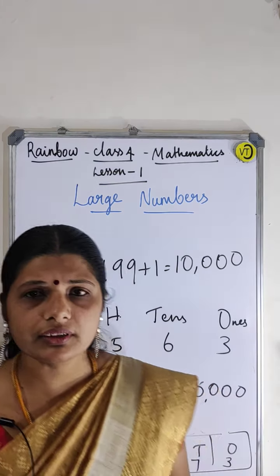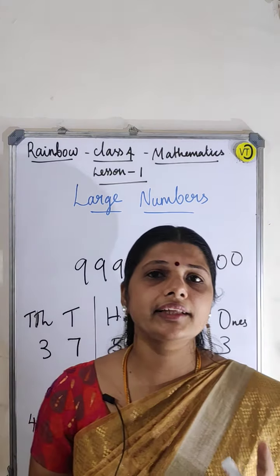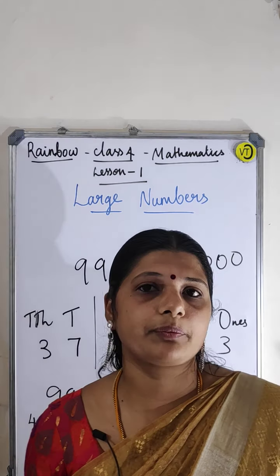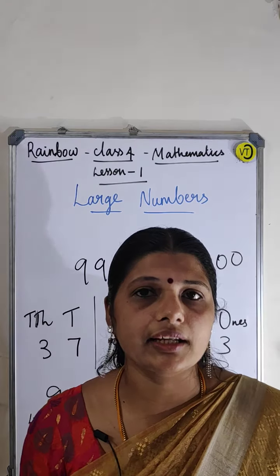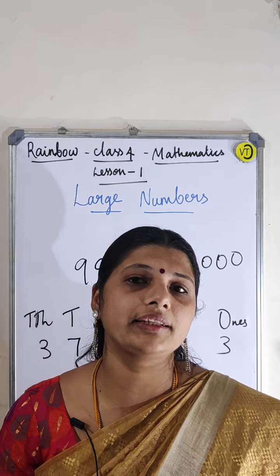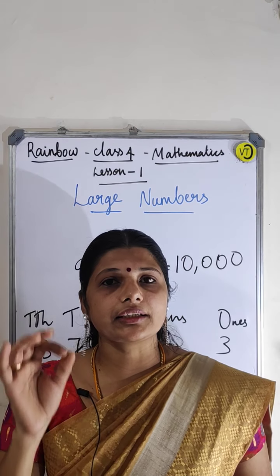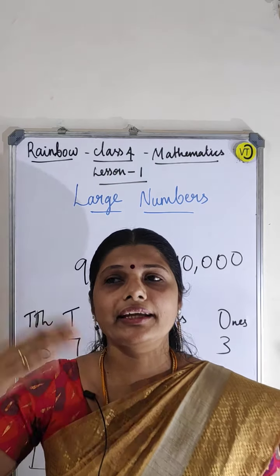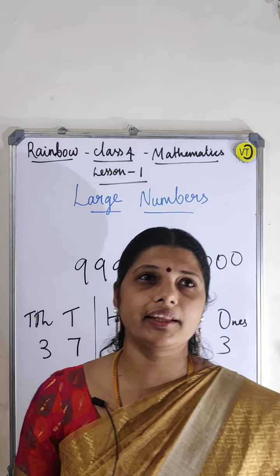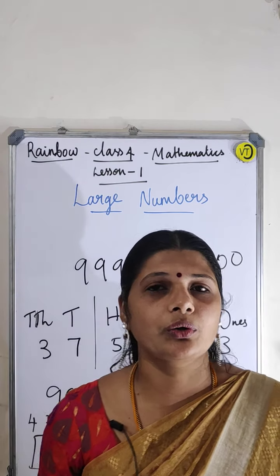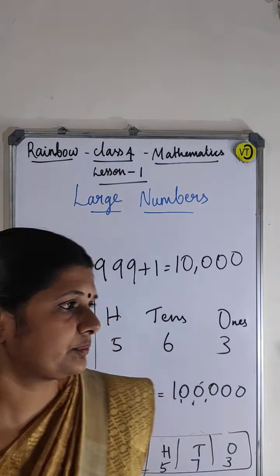Okay. So what I told here is the Indian place value system. Okay, one more is there, the international place value system. There is a chart, that I will tell you later. First of all you have to know that the Indian place value system deals with lakhs. Okay, the international place value system talks about millions. They don't know about lakhs, right?